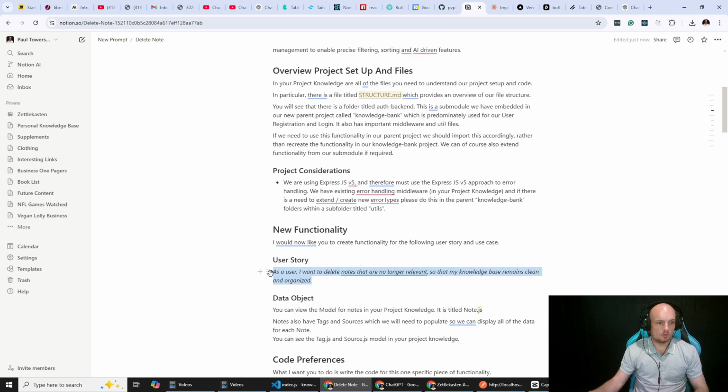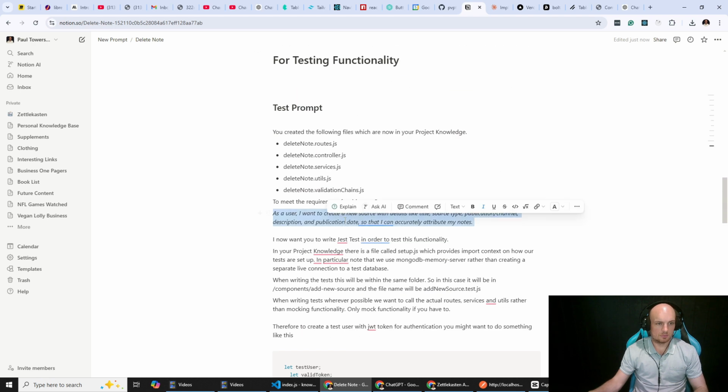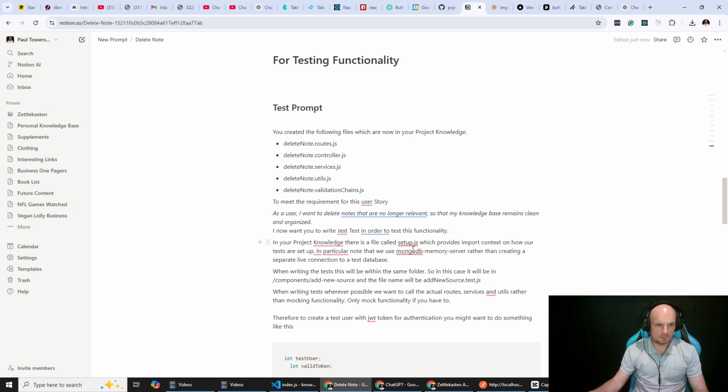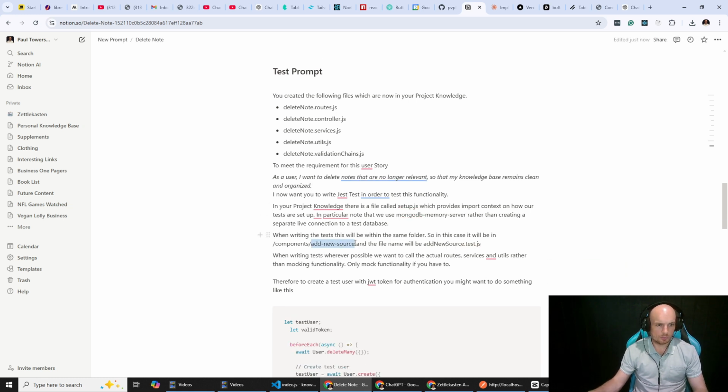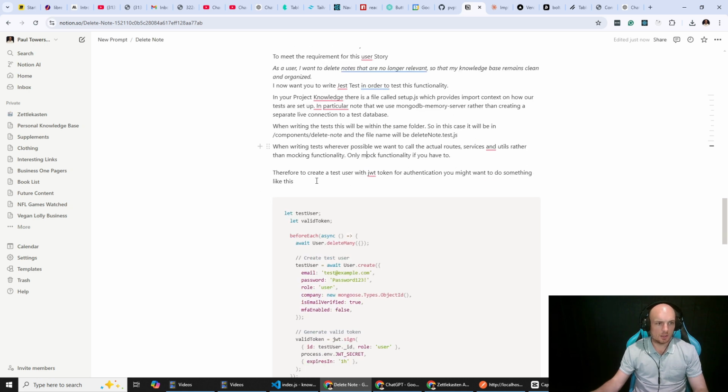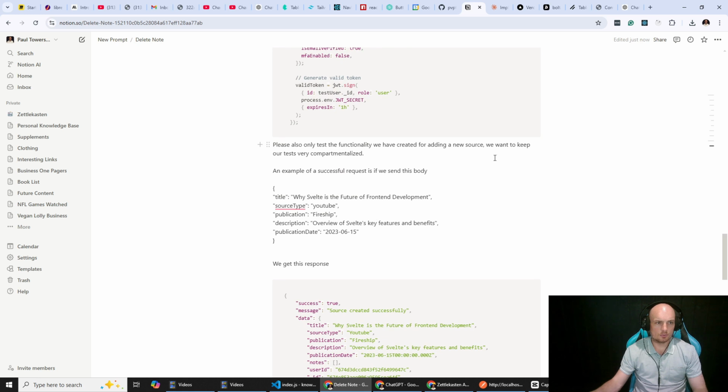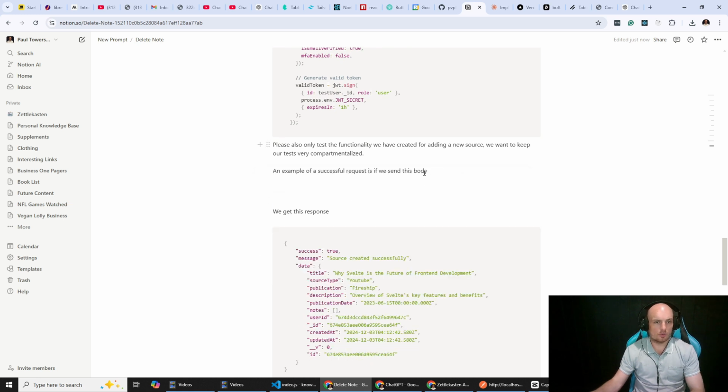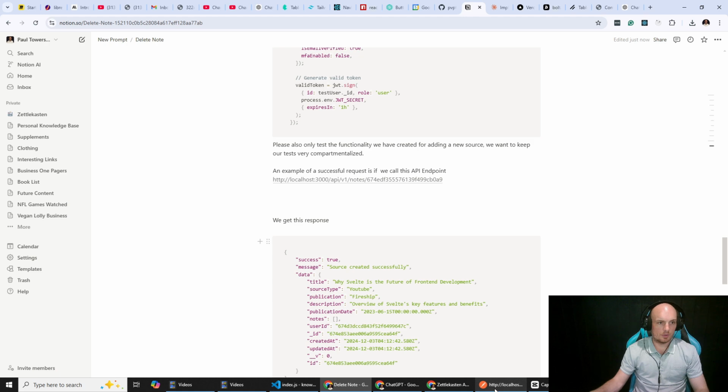Copy our user story. All right. Yep. This will be here. This file name will be delete. So that we need to create a test user. All right. So for example, if we send this out, if we call this API endpoint, so we copy this,